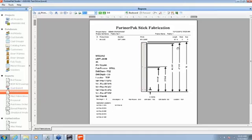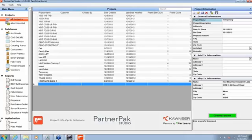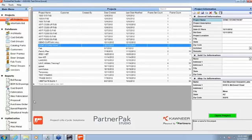Okay, once we've verified the information, you always want to spot check and verify the information before you send it to the saw, and this is the easiest way to check that. We're able to take that information and we can send it right out to the fab. One other thing that you're able to do before it goes to the fab, going back in, is to